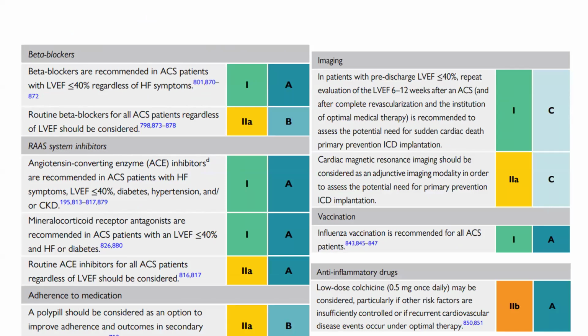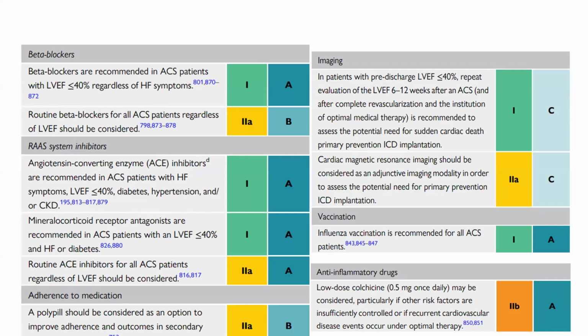And ACE inhibitors are recommended with heart failure, EF less than or equal to 40%, diabetes, hypertension, and CKD. MRA is recommended with EF less than or equal to 40%, and heart failure and DM. Routine ACE inhibitors in ACS should be considered, and a polypill should be considered as an option to improve adherence and